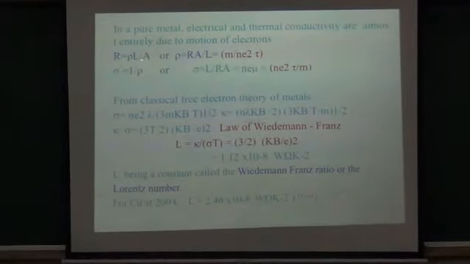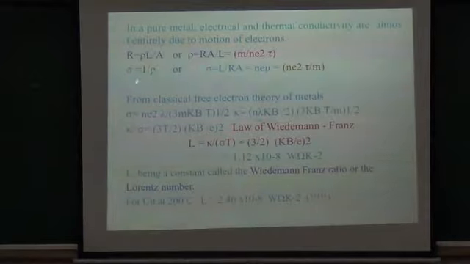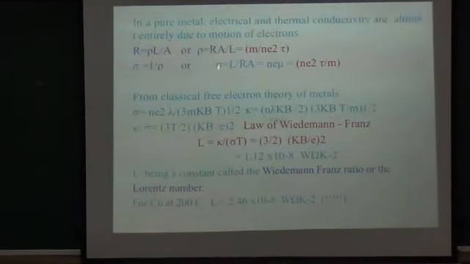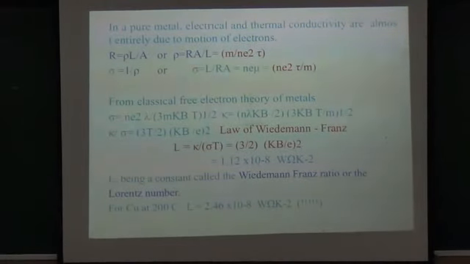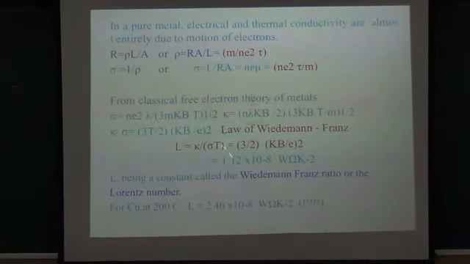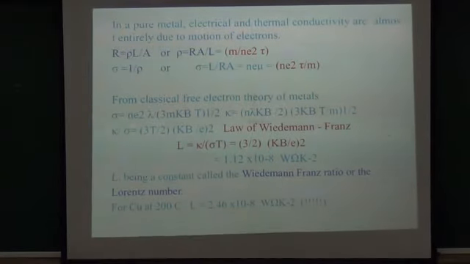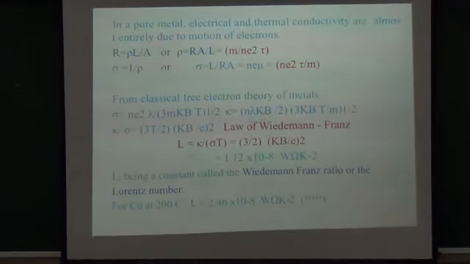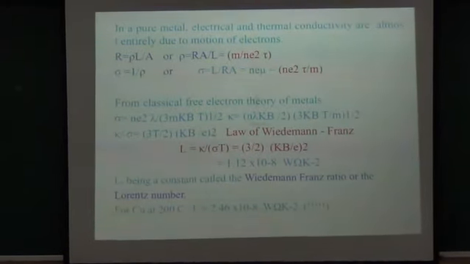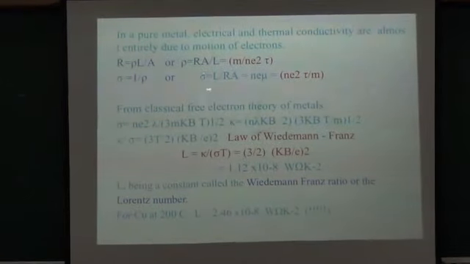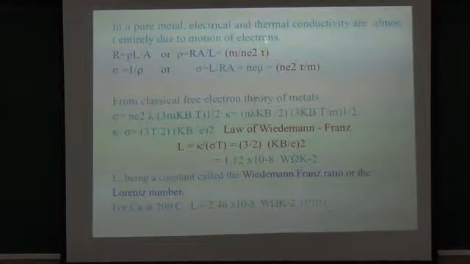Rho is resistivity, and rho is equal to RA over L. Conductivity sigma is 1 over rho, and we can write conductivity as L over R into A. So for conductivity, when we come after the thermal conductivity discussion, we are going to measure the value of R. Length and area of cross section of the rod are given, so we will simply measure R by applying the 4-probe method, and this expression will give us the value of sigma. Coming to this expression, m into n e squared tau.